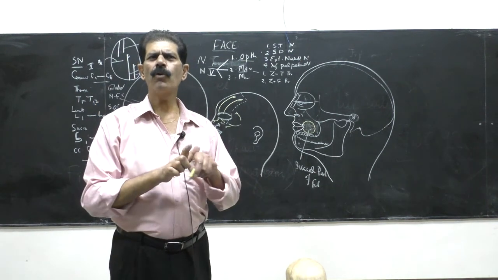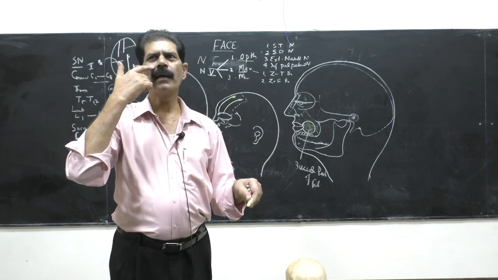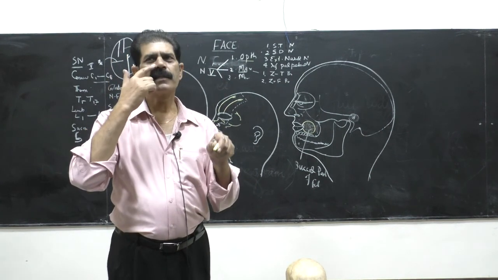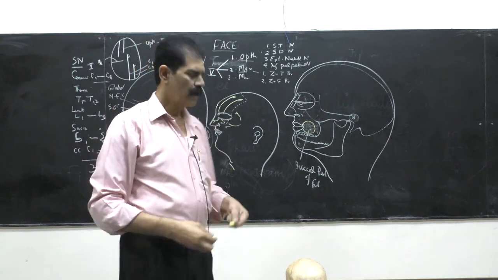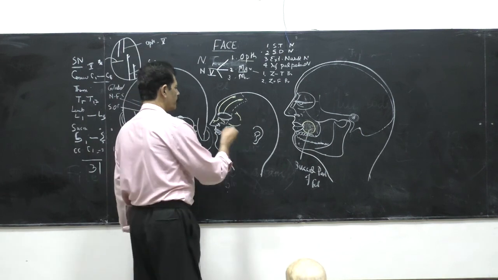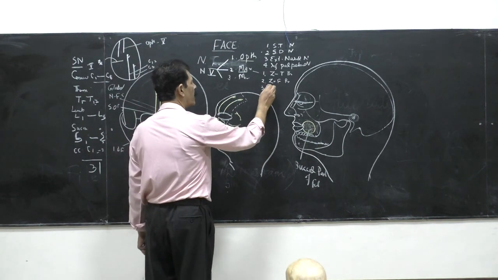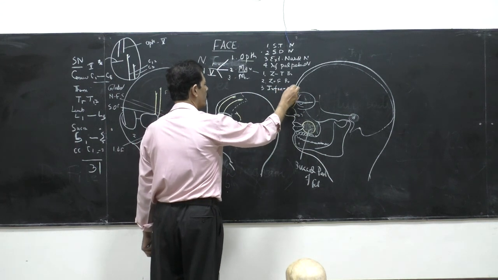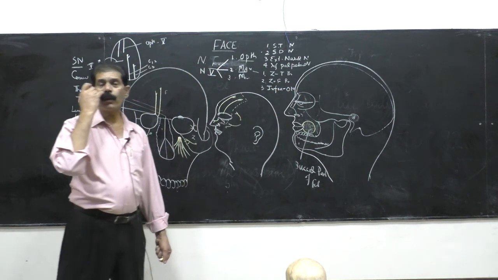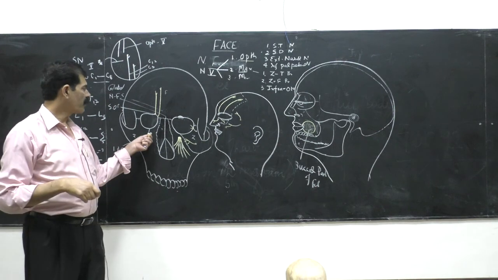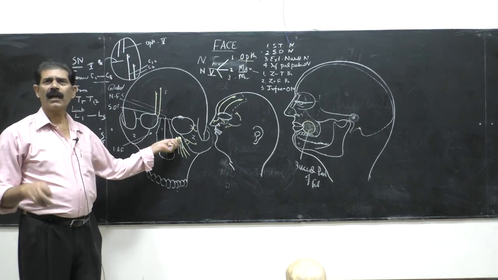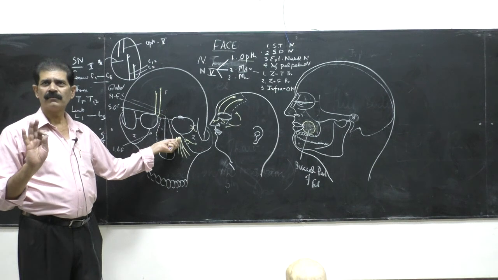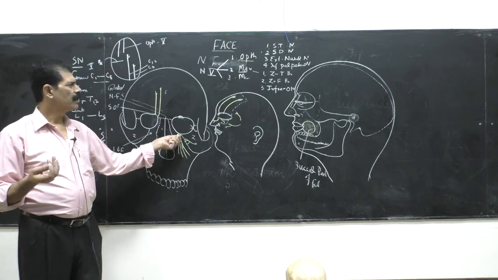Thick, and so many branches arising from it. Supply is like this, spread and supply the whole of the skin. So the name of this branch is infraorbital nerve. Infra means below, so this foramen is infraorbital. The nerve which is coming, the last part of the maxillary nerve, ends here by supplying the skin.